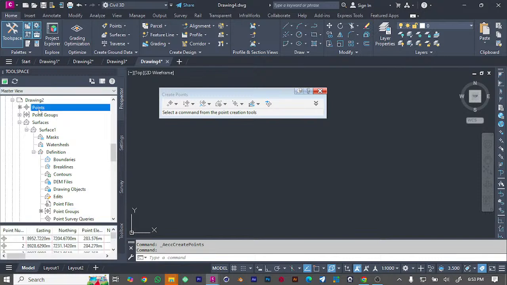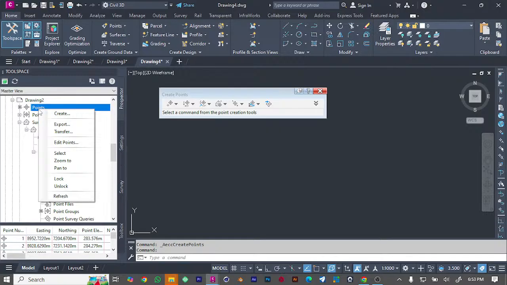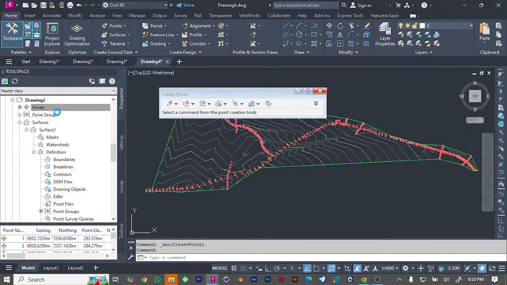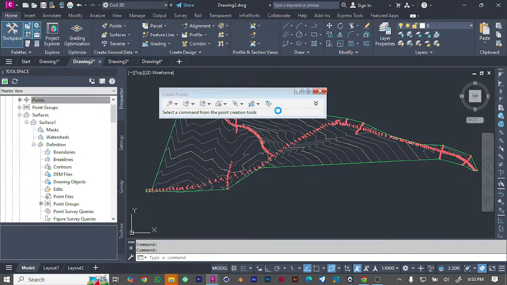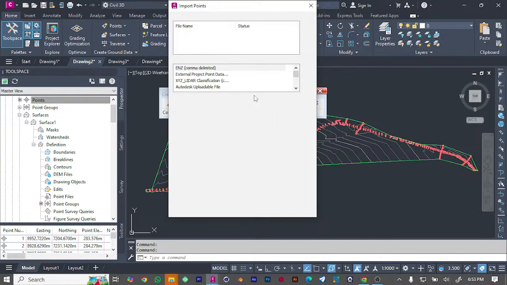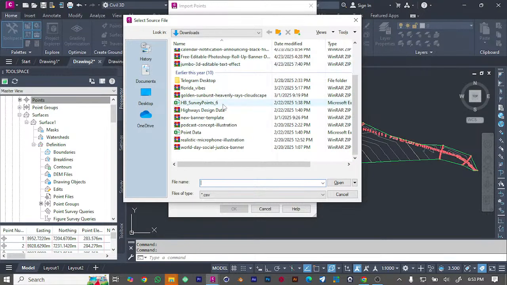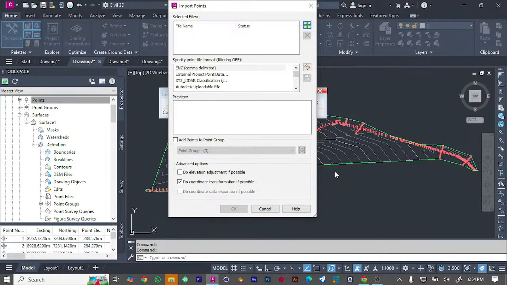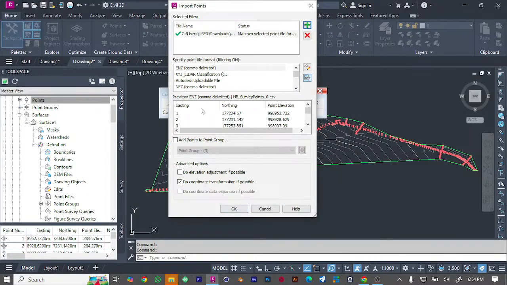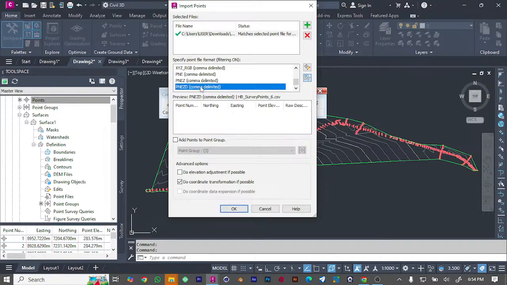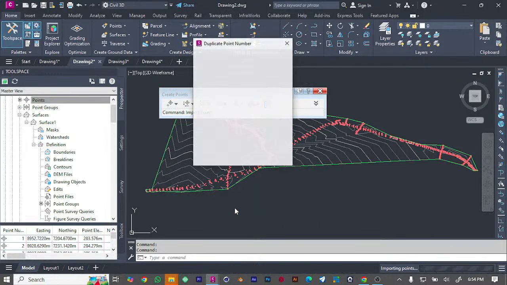You can click Points, right click, click Create, and it will create points for you. You click Import, you click here, and then you get to import your points from where they are. You can change the description here, and then you click